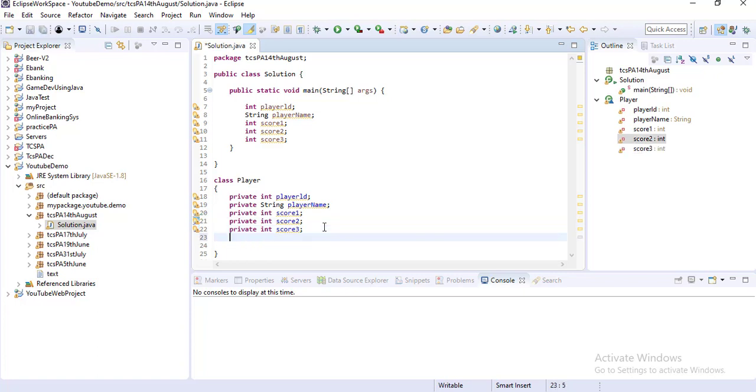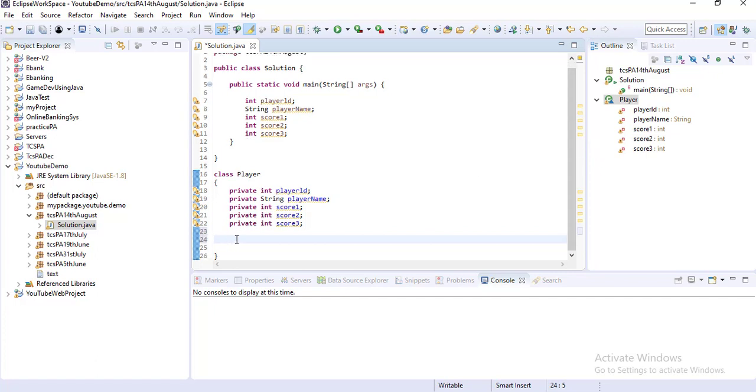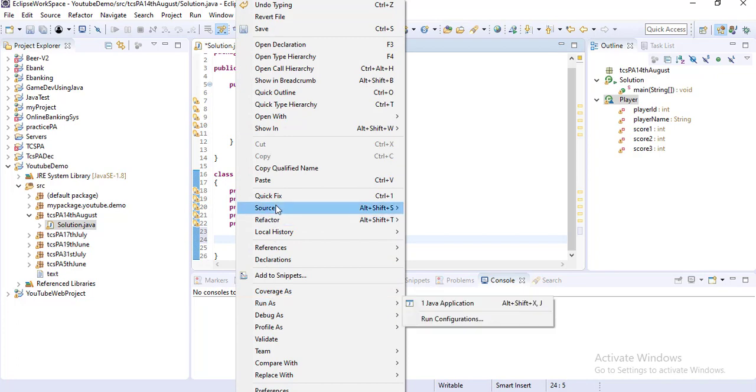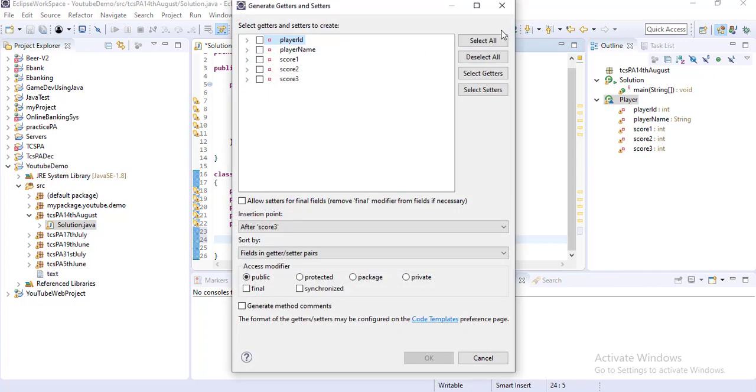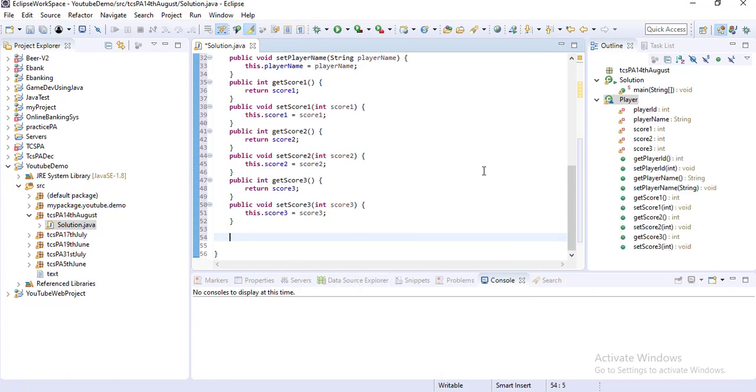You can manually write setter and getter methods, but I am using Eclipse IDE, so I will take the facilities from this IDE. Go here, click on Source, then you can see Generate Getters and Setters. Select all the attributes and click on finish, then click on OK. A setter sets the values in that attribute, and a getter is needed when, outside of this class, you want to access the values of that attribute, then you call the getter method. It's very simple. If you see this get method, public int getScore3, this is only returning the score3.